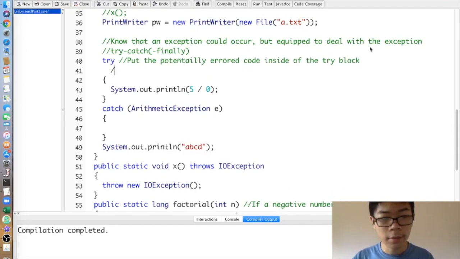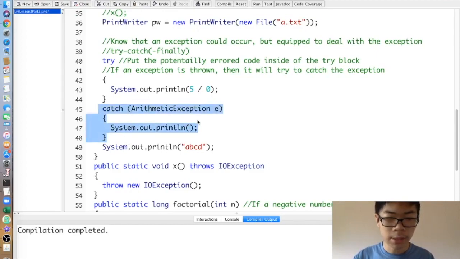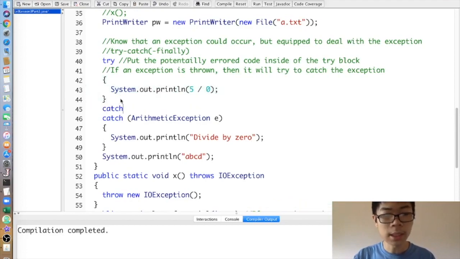Then afterward, if an exception is thrown, it will try to catch the exception. What does that mean? That means it'll try to find among the catch blocks which one is suitable. So how do I tell whether one's suitable? Well, we check by the name. So let's just say I have